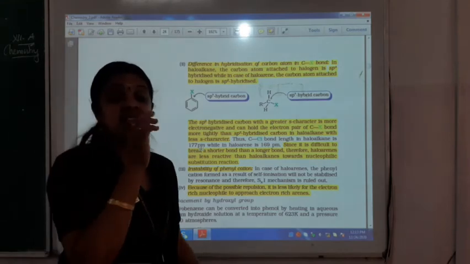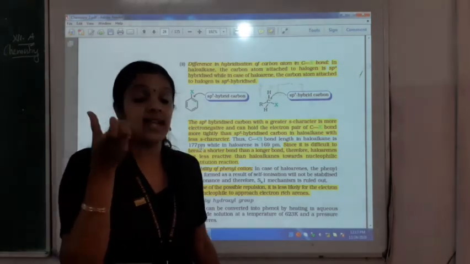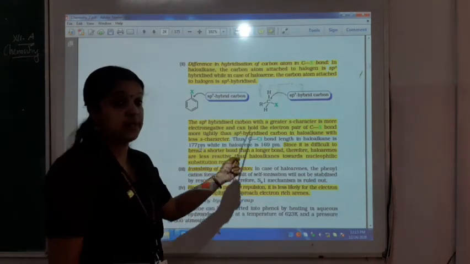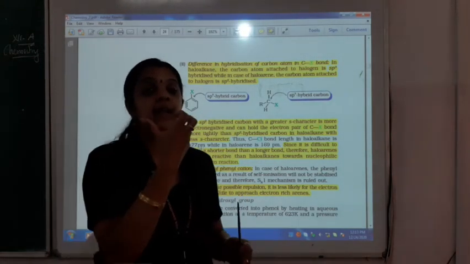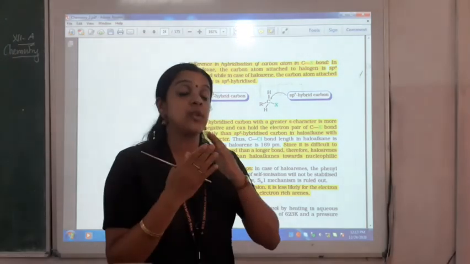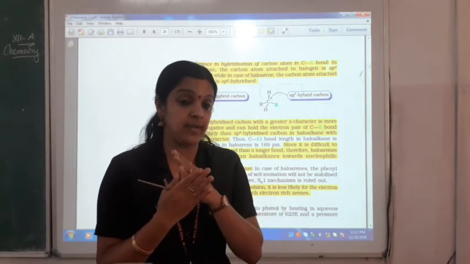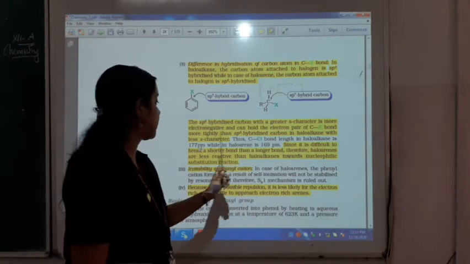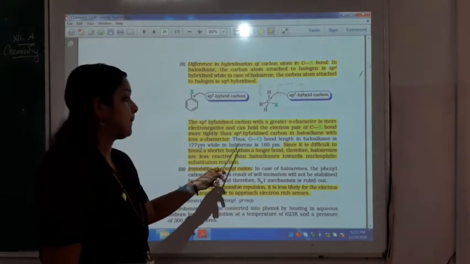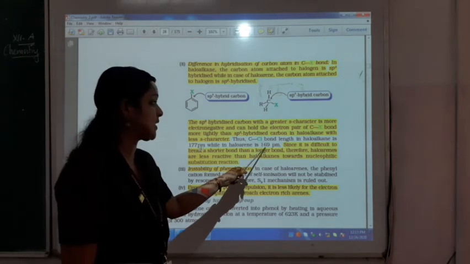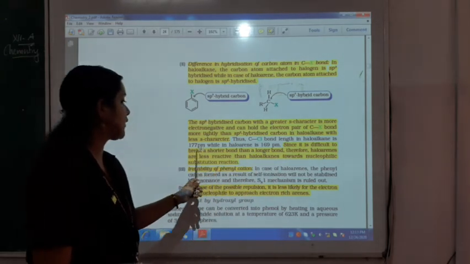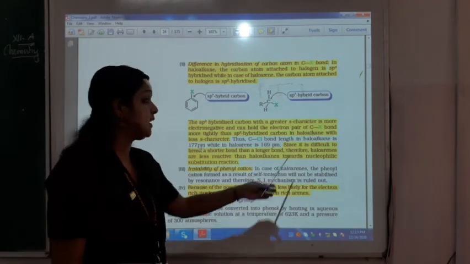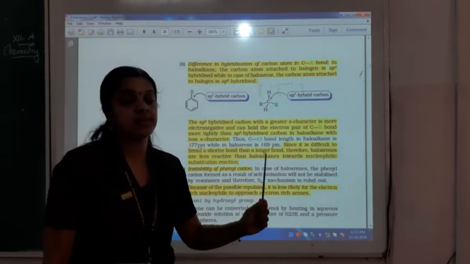Just for the reason that the character of the s orbital is more in the case of sp2, it can hold the pair of electrons towards itself. So the breakage of the bond becomes difficult. In such cases, the C-Cl bond length in haloalkane is 177, but in the case of haloarene it is 169. Since it is difficult to break a shorter bond when compared to a longer one, haloarenes are less susceptible towards